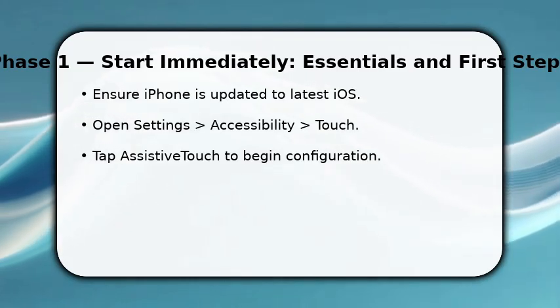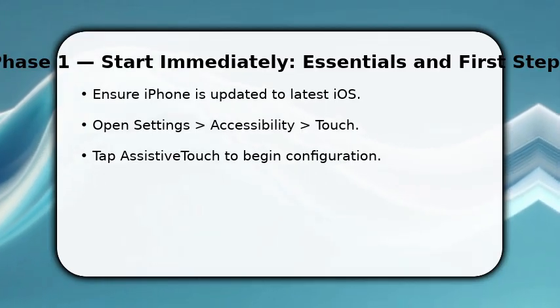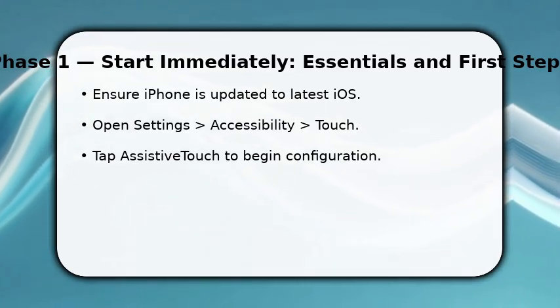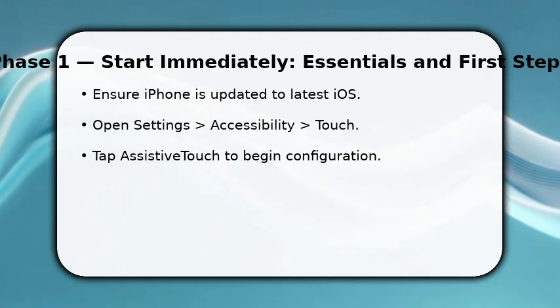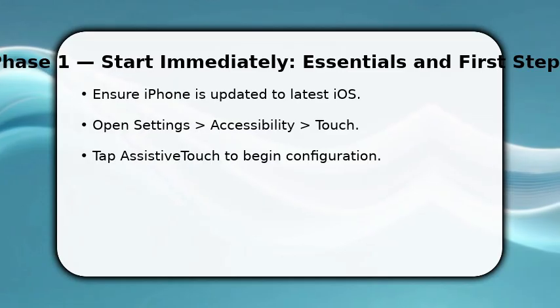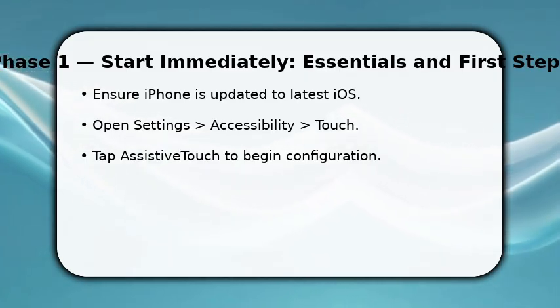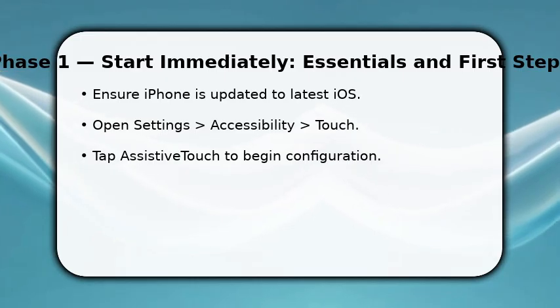Make sure your iPhone is running the latest iOS so features match these steps. Next, open Settings, then Accessibility, then Touch. You're already in the right place. Tap Assistive Touch to turn it on. This places a floating menu on screen. Once done, you'll see a small, movable button. That's your hub. Make sure to enable reachability if you prefer a lower button position, and prepare to customize gestures